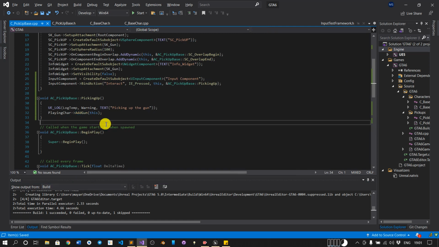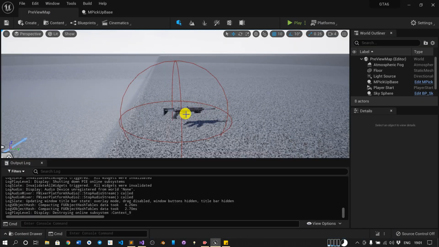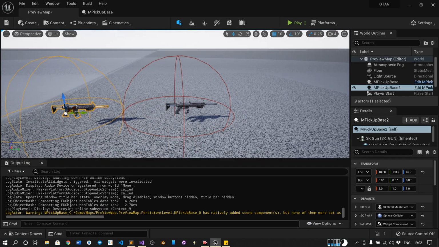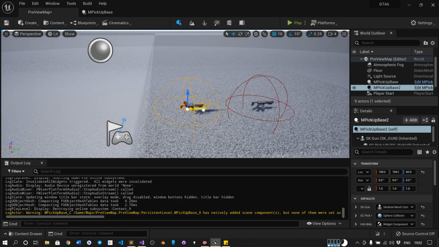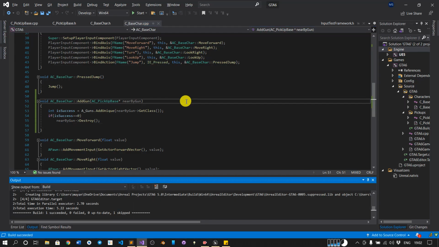Okay, it is a success. We need one thing also, as we have added. I have written 1, so we will put 0, because if it is added successfully, it will write 0, or else it will write -1. So if we have success, we will destroy the gun, or else we will not. Okay, so we will create a duplicate. Click Alt, and let's check once again. Control Shift B, build success.